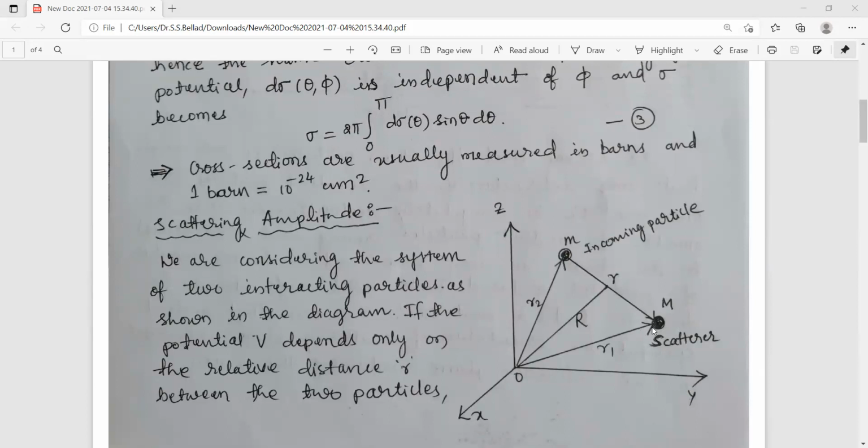Because in the last class, I told that there will be a scattering phenomenon only if this incoming particle is inside the sphere of that potential, which is spread over this scatterer. So if the potential V depends only on the relative distance r between the two particles,